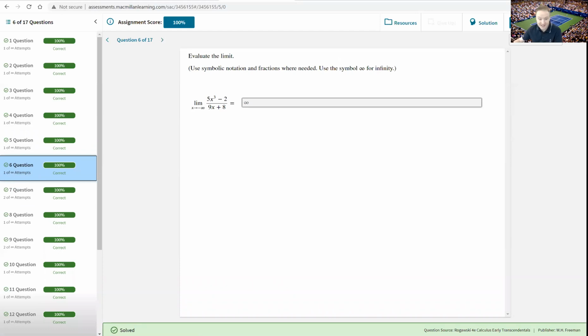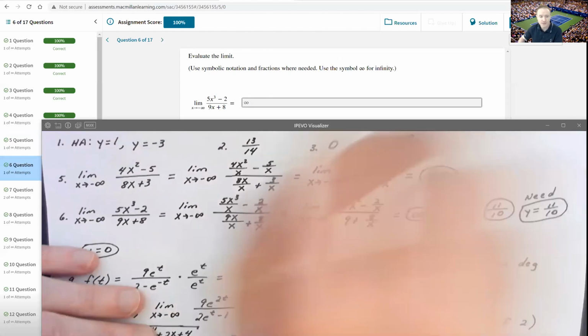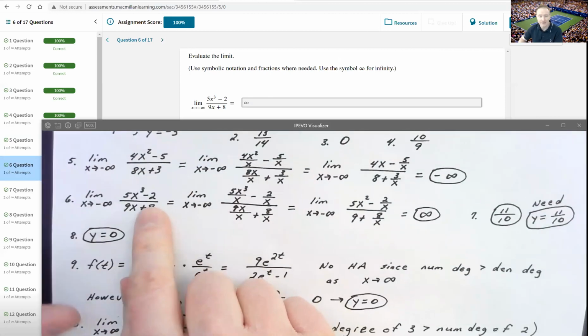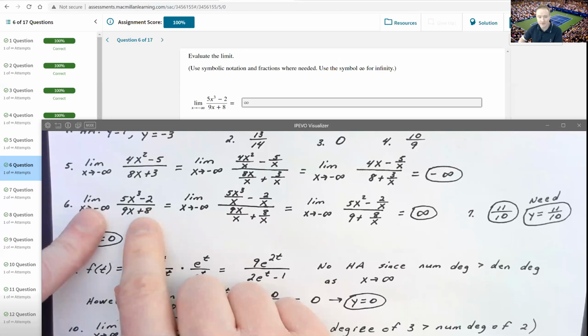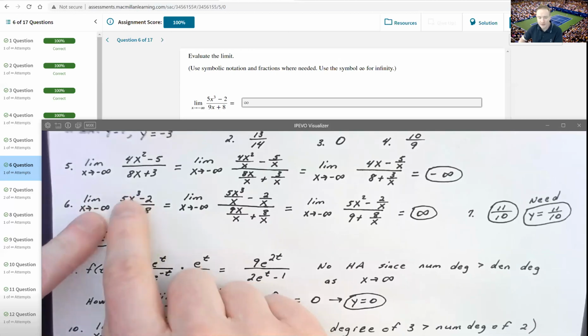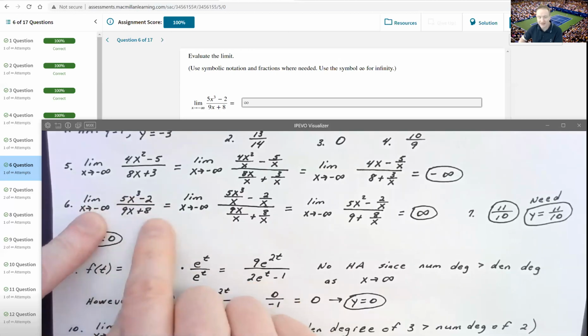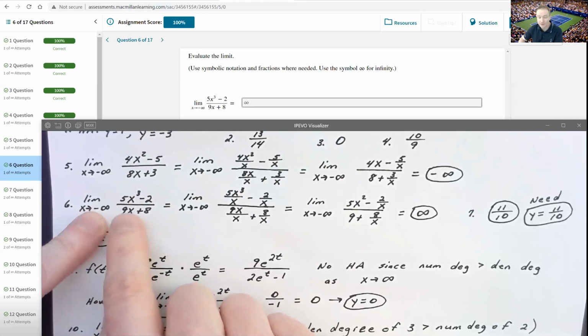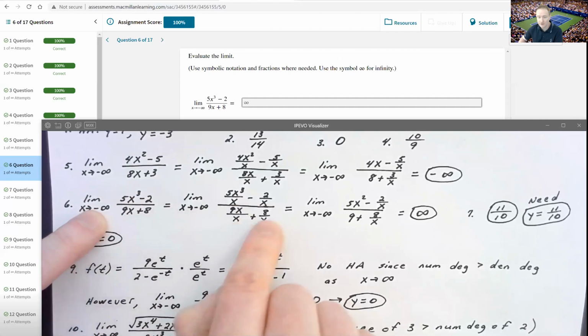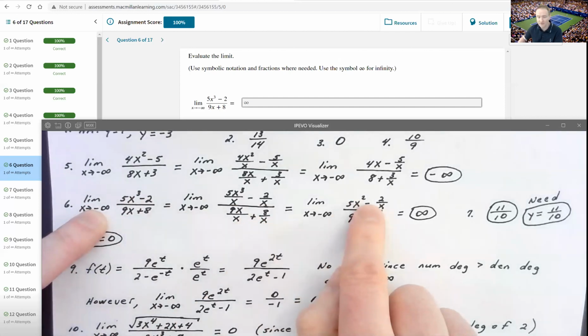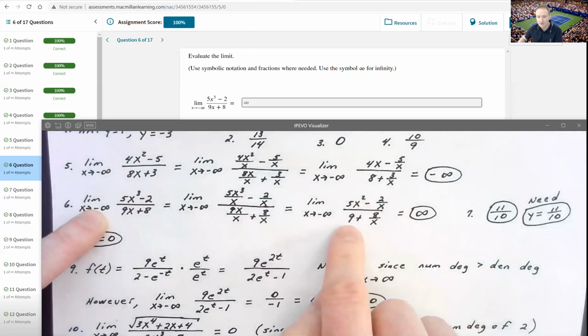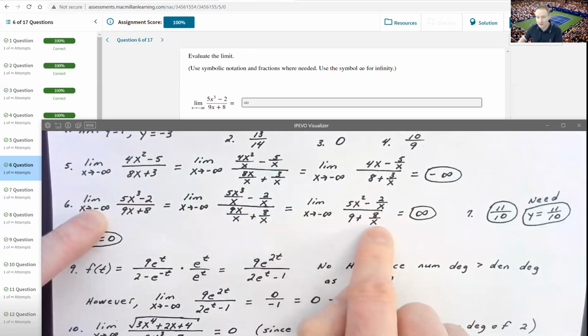Number 6 is similar. You'll see the work I did again. I have a limit as x approaches negative infinity. I went through inside the rational function and divided by the degree of x in the denominator. So I divided everything by x to the first. When I do that and simplify, I get (5x squared minus 2) over x divided by 9 plus 8 over